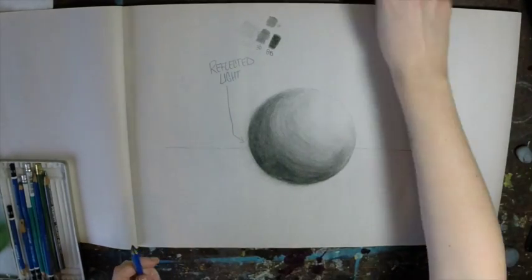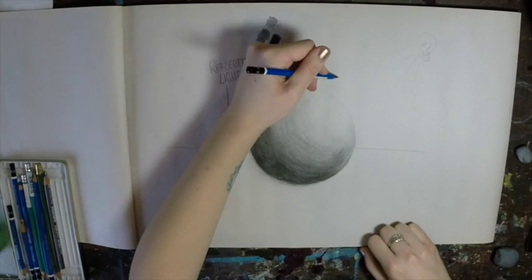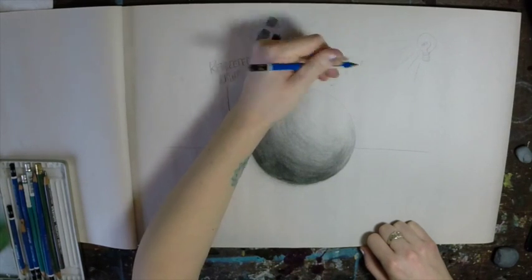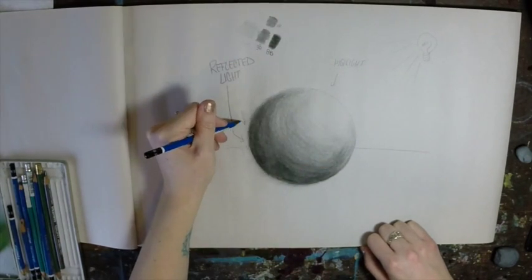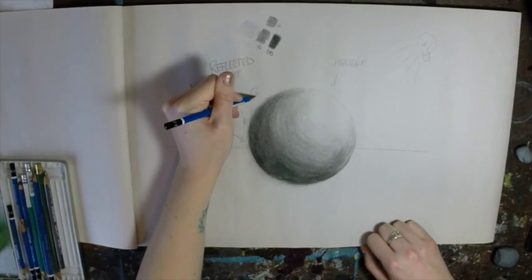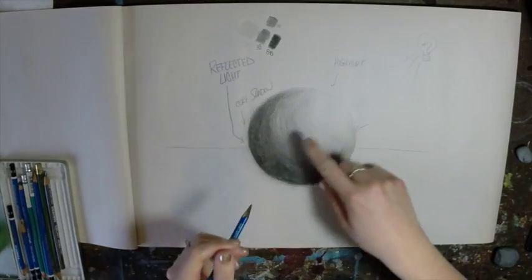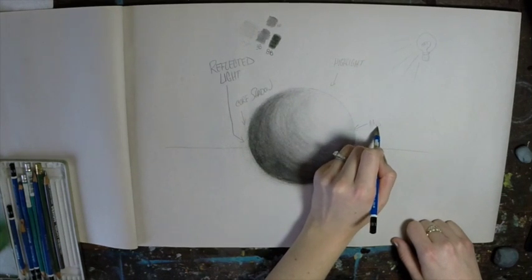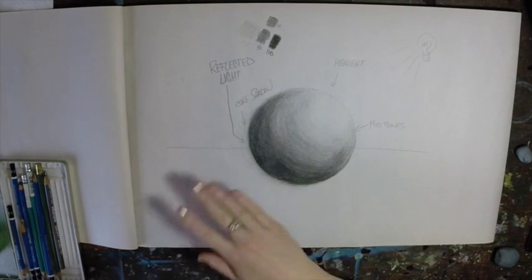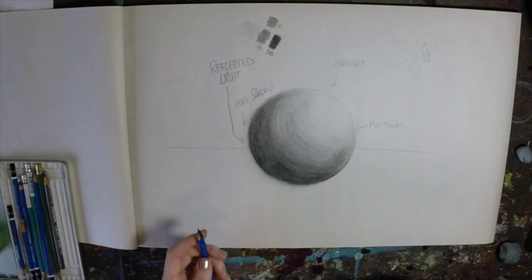All right. So now we have the sphere done. So we have the reflected light here. We have the highlight. And the core shadow. Here in the middle, these grays, that would be midtones. But now, if we want to make this sphere look like it's actually sitting on something, we need something really important. And that would be